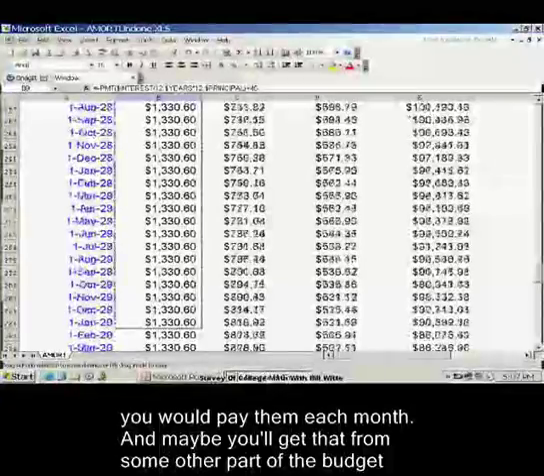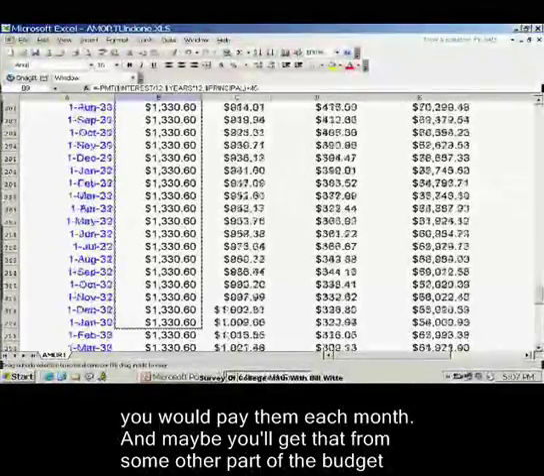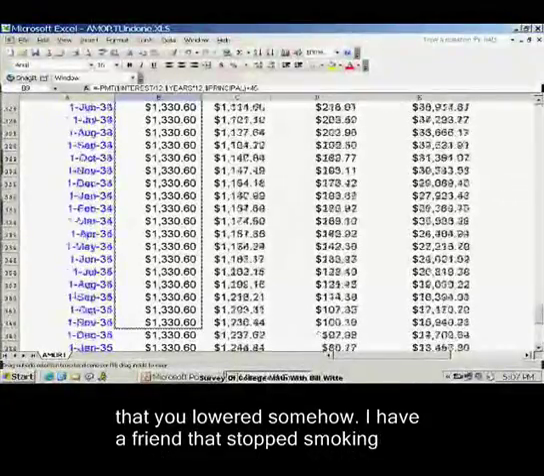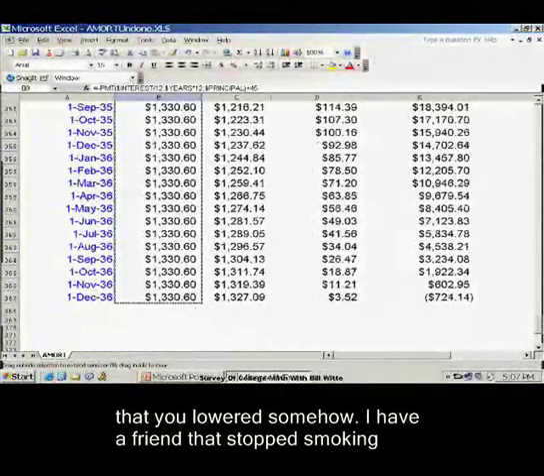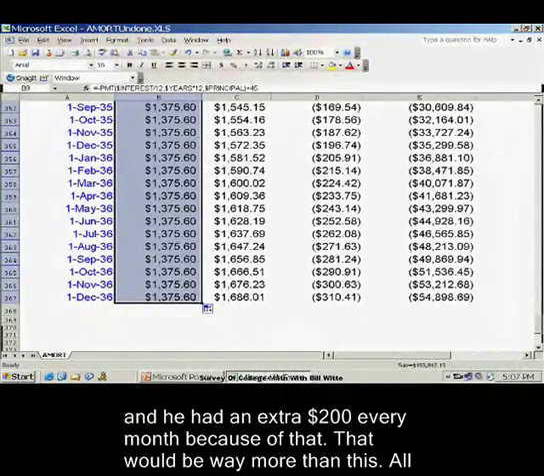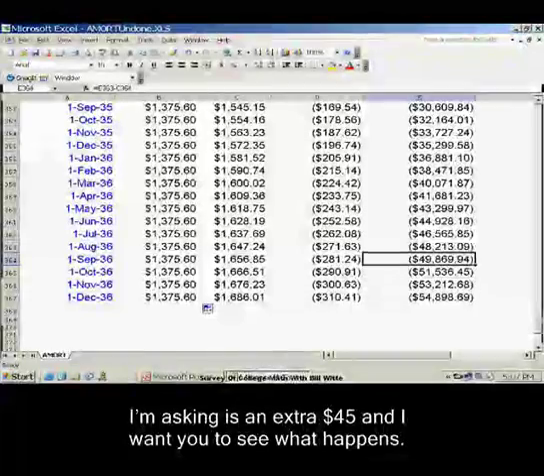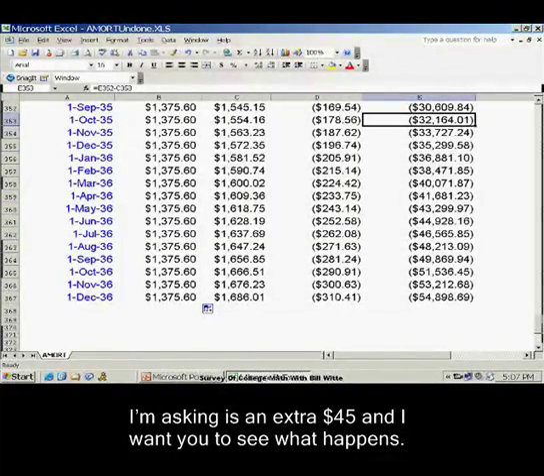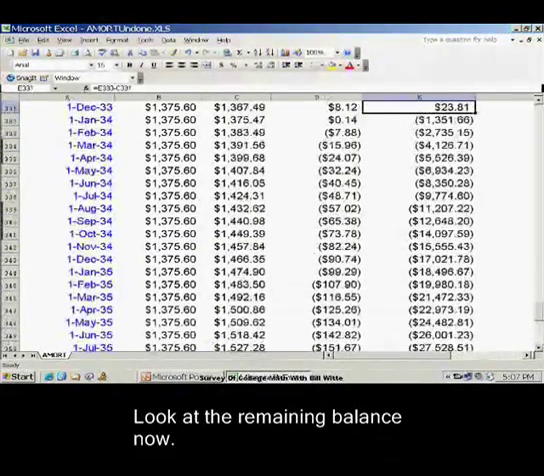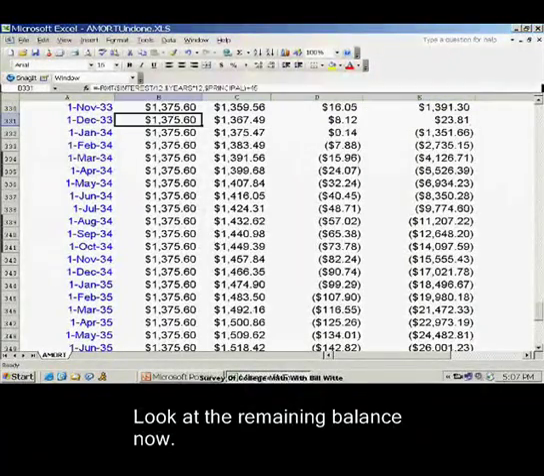I had a friend that stopped smoking, and he had an extra $200 every month. Well, that would be way more than this. All I'm asking is an extra $45. And I want you to see what happens. Well, look at our interest. Look at what we owe. We don't owe a negative number. Actually, if you think about it, until we get back up to 0,